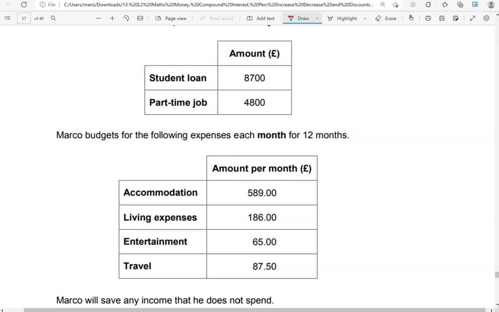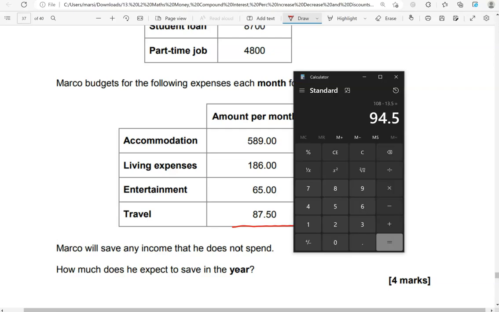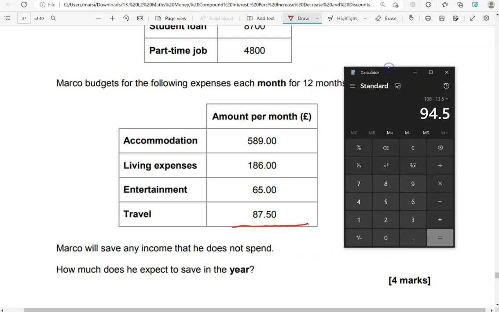So we've got accommodation £589, living expenses £186, entertainment £65, travel £87.50. Marco will save any income that he does not spend. How much does he expect to save in the year? So these are expenses per month. If we add them all together and then multiply it by 12, it will give us the expenses for the whole year. So using a calculator, we'll do